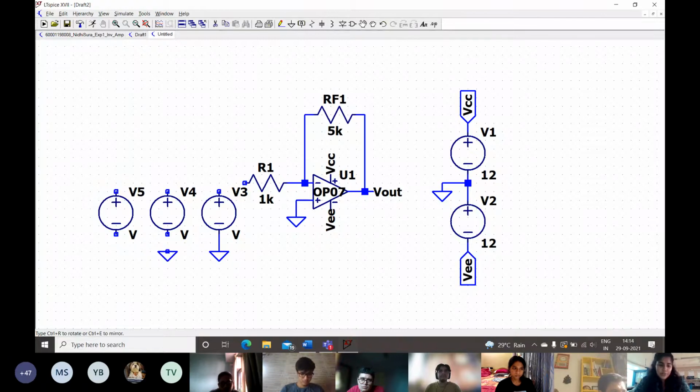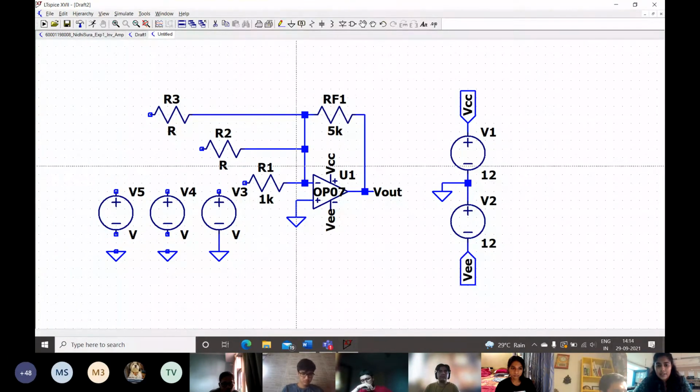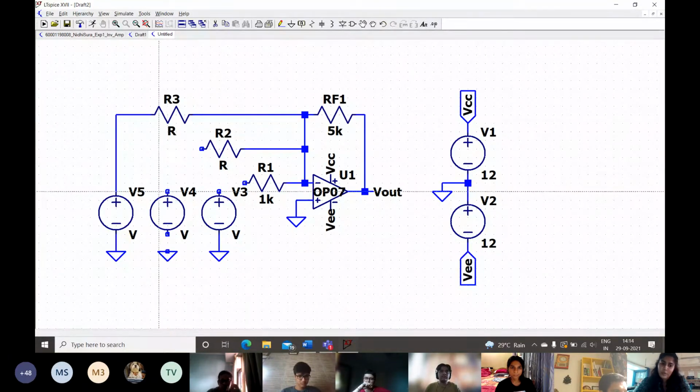Then we're going to grab our grounds from the top and go ahead and place them here. And we're going to finally pick up resistors and add them to our circuit, like so. Then we're simply just going to connect the circuit. If you're a little confused by me connecting the resistors directly to this point, it is similar to connecting all of them to the inverting terminal, because this whole line here acts as a single node. So we can do this too. It just makes the circuit appear a bit more simple. That's why I'm doing it. But you can do it even connecting onto one single node if you want.